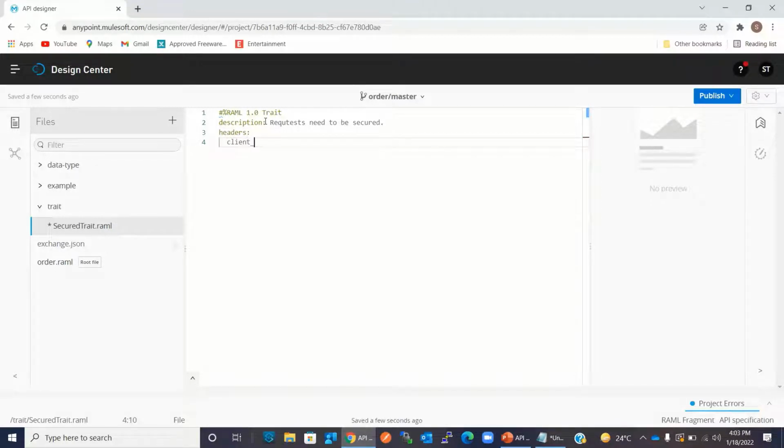First header, client ID. I will give description, client ID, type, string, example. We can give some sample client ID.